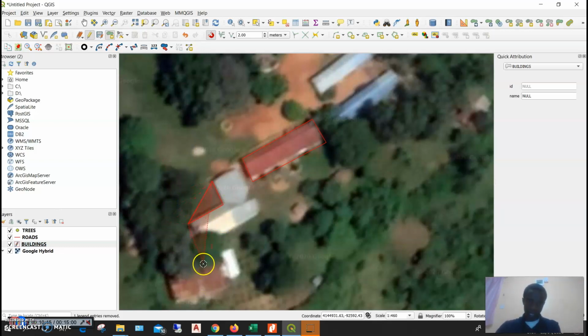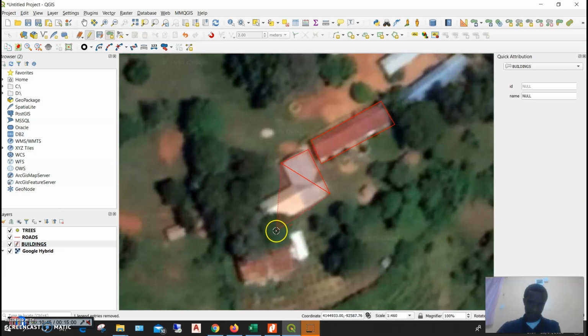If you feel that you have added a node that you don't need, you can always backspace and then the node is deleted. You can see this feature is snapping to the other, but there is a gap in between the features, so you deactivate this magnet over here, enable snapping. So I disable it and then continue with my work.